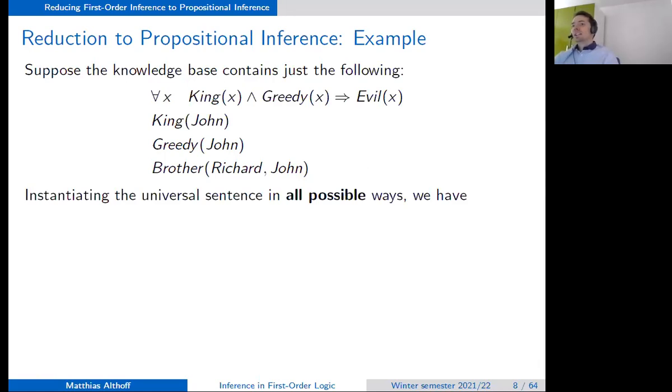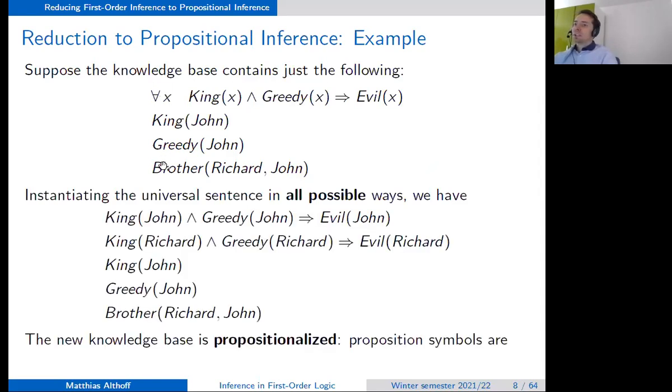Now we can make this universal instantiation for all possible x's of this database. We can replace x with John, x with Richard, and those are the only two possibilities, because there are no other objects than Richard and John.